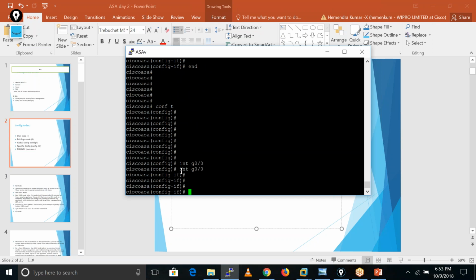Okay, so this is the command for the interface, and this is the name of my interface. If I run exit here, it comes back only one step. If I need to run exit again, so here I am running exit two times, then I am reaching privilege mode. That's why if you want to come directly to privilege mode from anywhere, you usually run the end keyword or end command. Okay, that is the difference between end and exit.